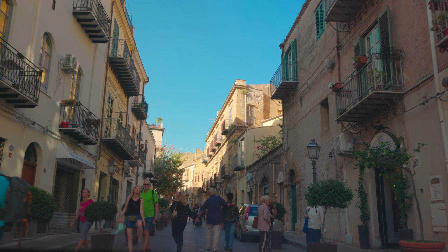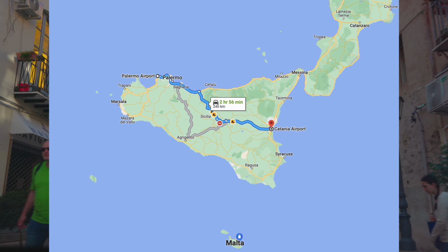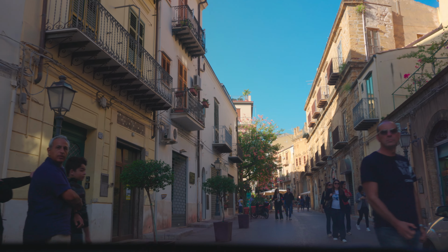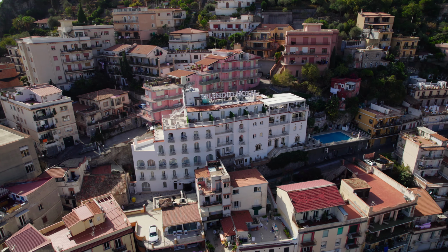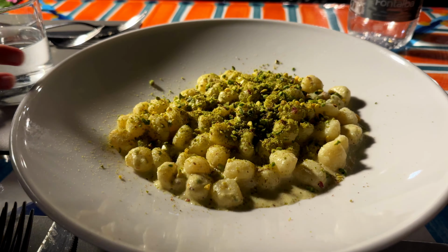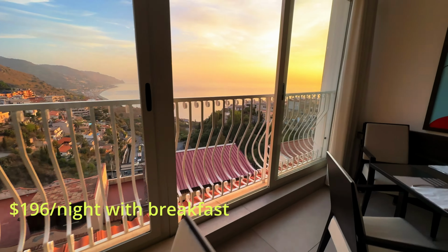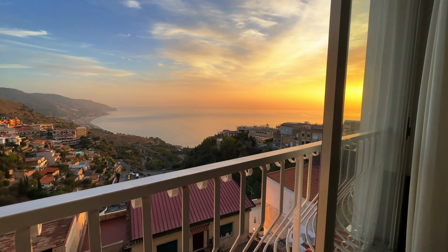Depending on how you're getting to Sicily, you'll likely either land in Catania or Palermo Airport. From here, you can rent a car and drive to Taormina. We stayed at the splendid hotel. Surrounded by the best views and nearby restaurants, we cannot recommend this hotel more. We paid $196 a night to stay here and found this to be the average price for hotels in the